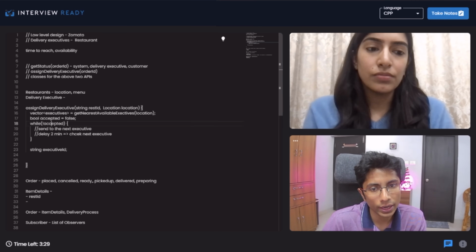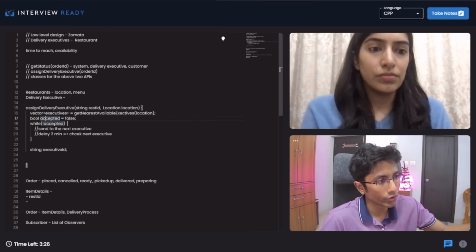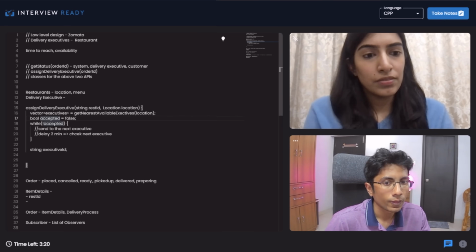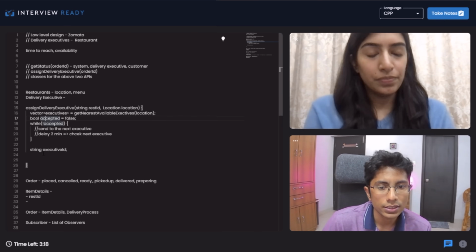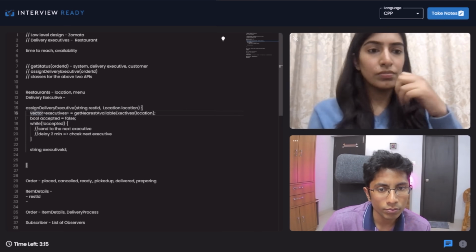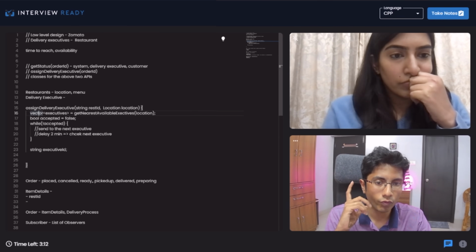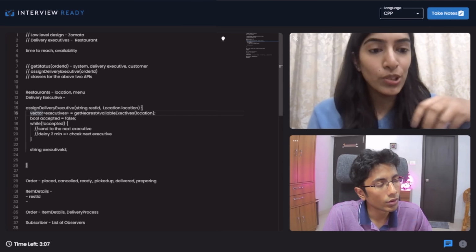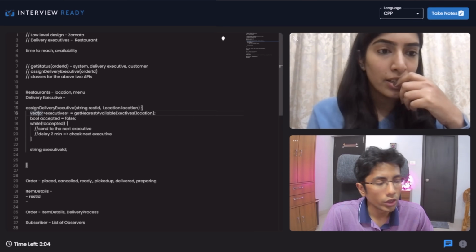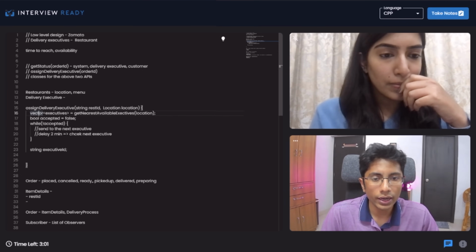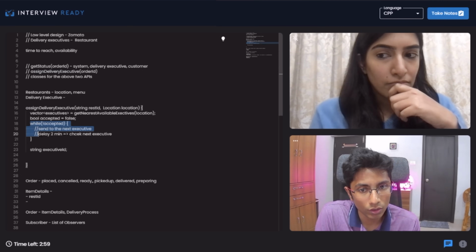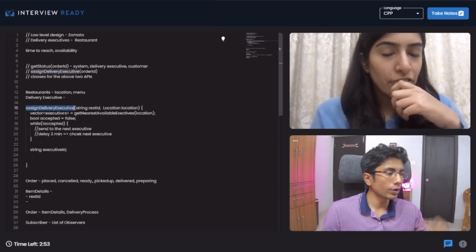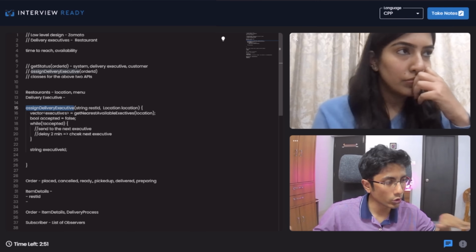Otherwise there is going to be, like, someone accepts, someone turns it through, somebody else gets through, so concurrency issues. Yes. But having said that, are you going to be running this assigned delivery executive, when you're sending this network call, in parallel? I mean to say, this method in parallel, not the internal for loop, but the method. So multiple orders come together. Yeah, multiple delivery executives in different locations.